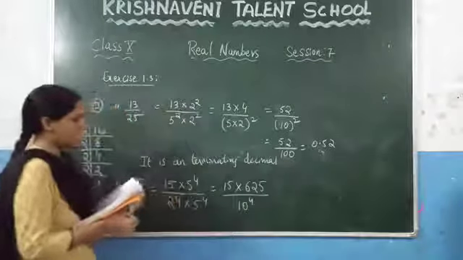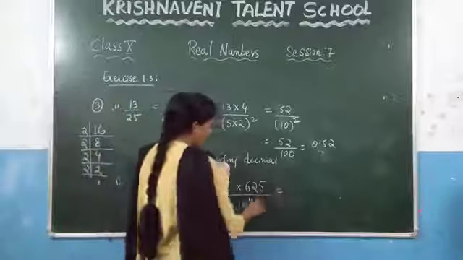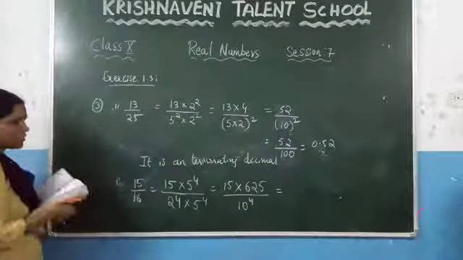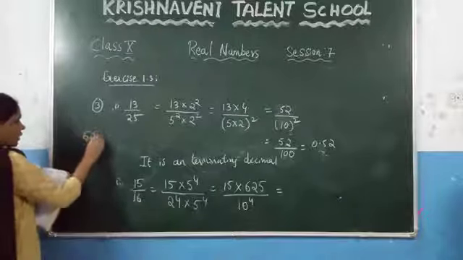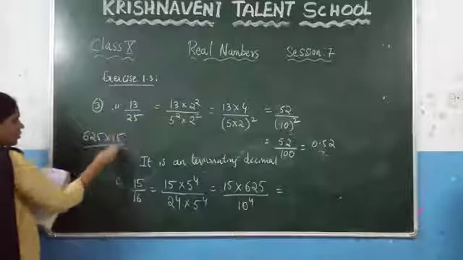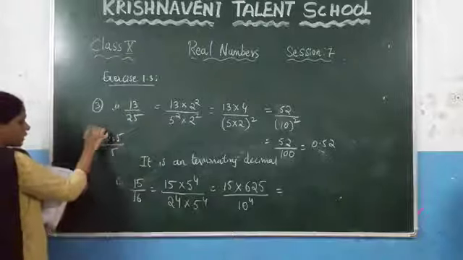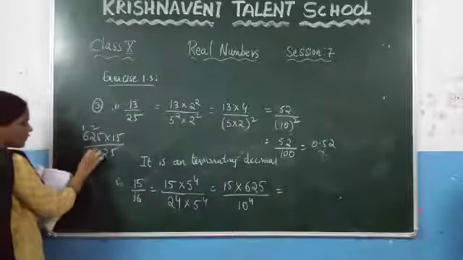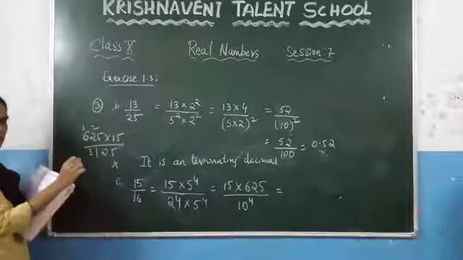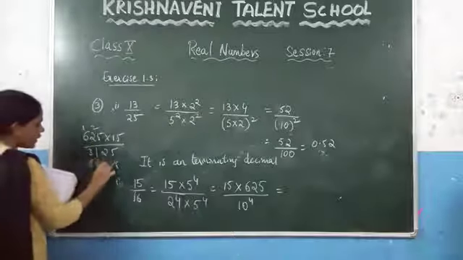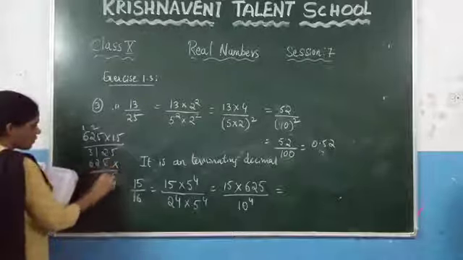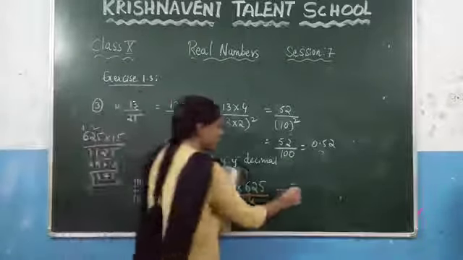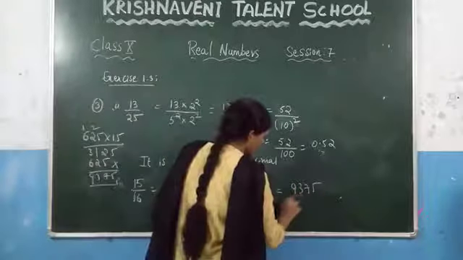And after calculation, what will you get? 625 into 15. You need to calculate the value of 625 into 15. So what will you get here? 5 5s are 25, and again 5 2s are 10, which makes 12. 6 5s are 30, which makes 31. Now you need to multiply with 1. So what will you get here? 625. 5 7s are 35, 3, 9. So we got here 9375 by